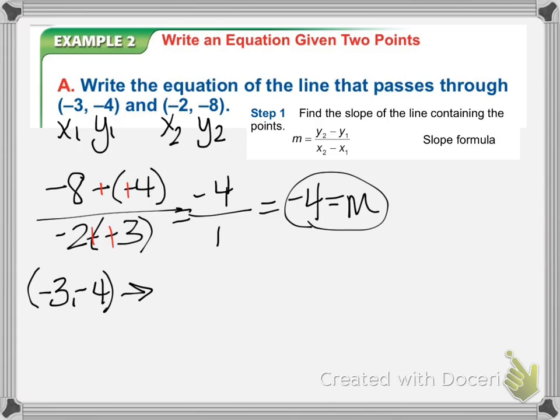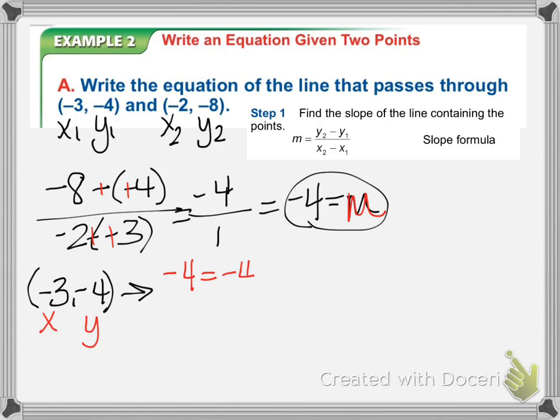Notice that when you pick your point, then you're back to what we just got done doing, right? Where you have your x, your y, and your m. So you use those three values in your slope-intercept formula to find b. So here's what that looks like. You've got y